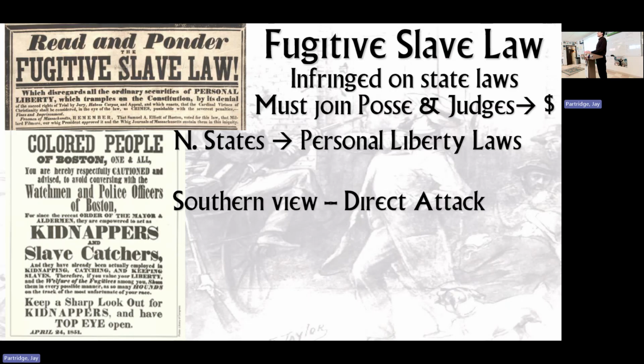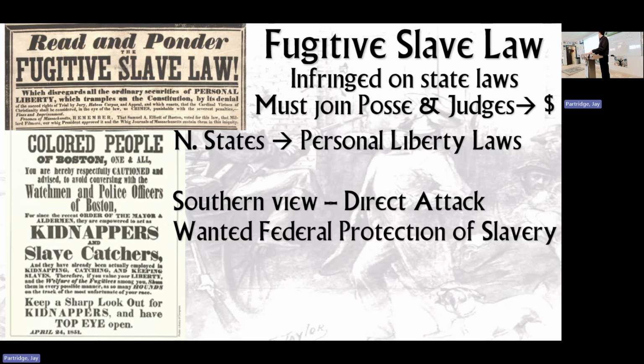Well, this infuriated the South. They saw this as a direct attack, not only on their way of life, not only stealing their property, but Southern politicians also said that this will trigger a slave rebellion. And they begin to coalesce their point of view as this: the Constitution protects our property, and therefore they wanted federal protection of slavery, regardless if it is in territories or states. So they wanted to supersede state laws, especially in the North, to protect slavery.